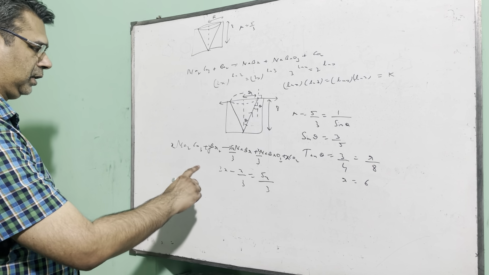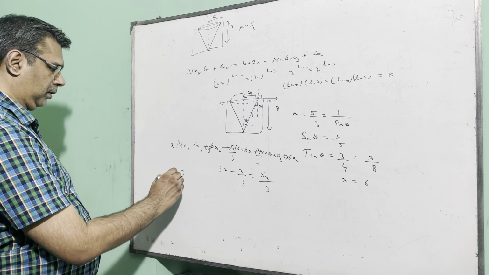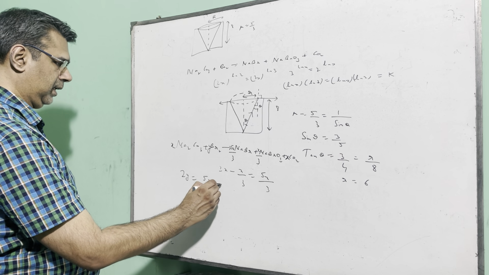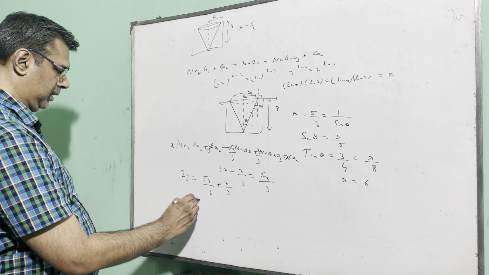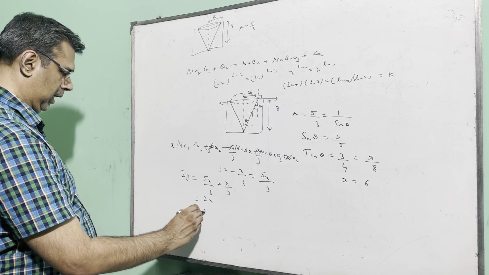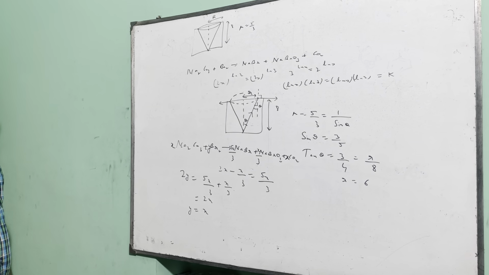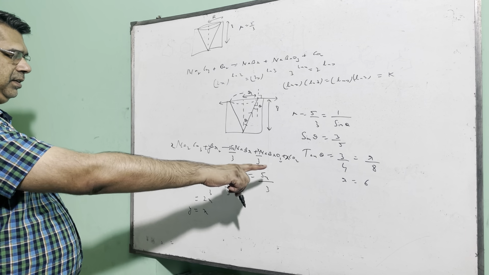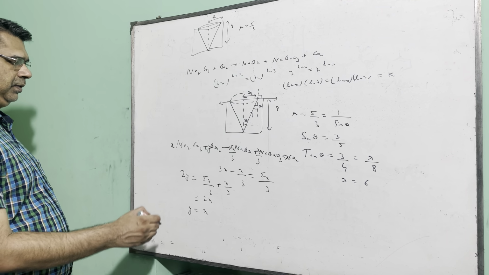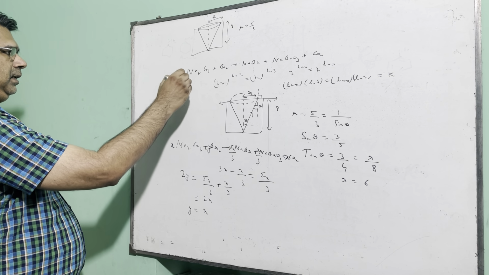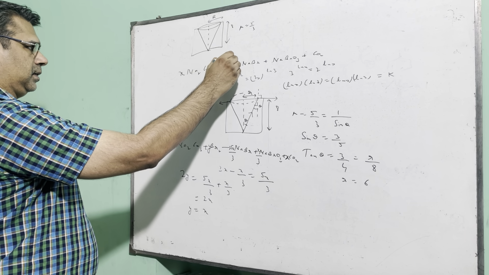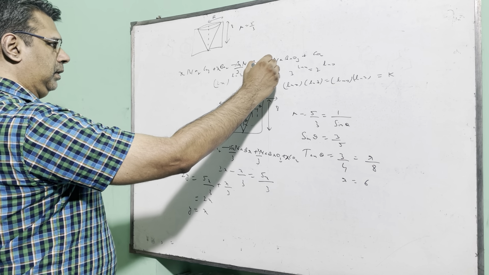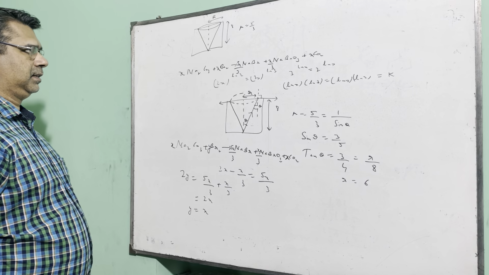So we are in a position to compare the coefficients for bromine on both sides. On the left side it will be 2y, and on the right side it will be 5x by 3 plus x by 3, which is 2x. So ultimately we are getting y is equal to x. So we can just replace y equal to x and rewrite this whole equation. If we do that, then we will get x, x, 5x by 3, x by 3, and x.